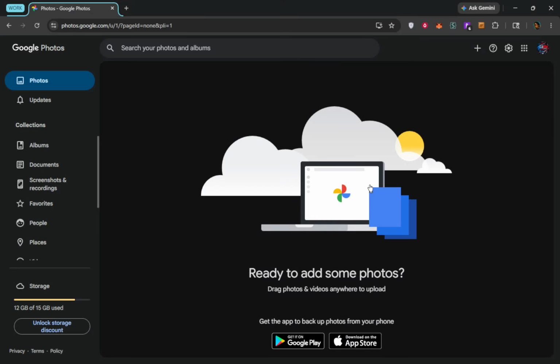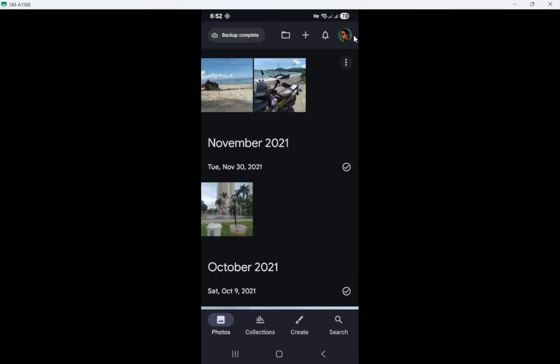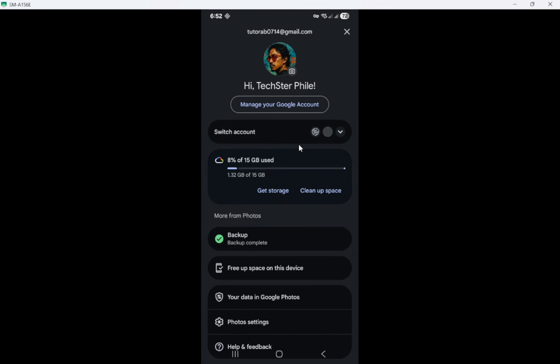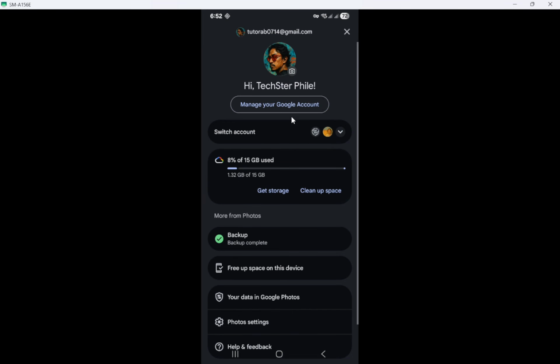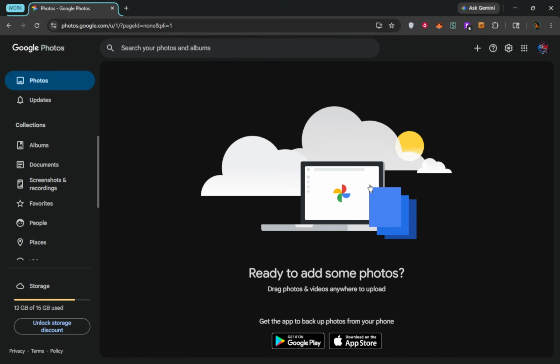Here's the quickest way to switch. On your Android phone or iPhone, open the Google Photos app. In the top right, tap your profile picture. Tap the small arrow next to your email to open the list of accounts already signed in. From that list, select the Google account you want. If that account is on your phone, the app switches immediately and you'll now be viewing that account's library and